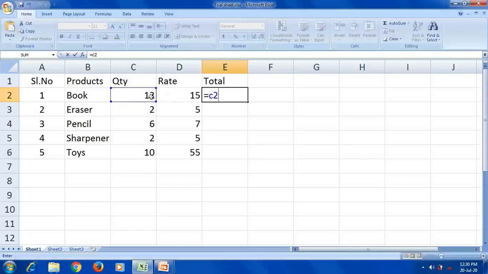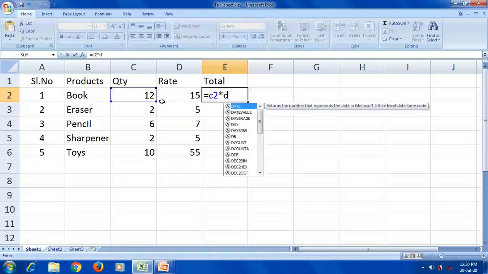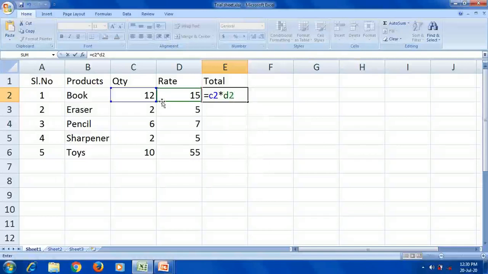So when we multiply both, then we will get the total amount. So for multiplying, you have to use this multiplication operator. So where will you find this operator? It is given on the numeric keypad, as well as on the second row of your keyboard, number 8. Okay, so when you hold the shift key and press number 8 on the second row, you will get this symbol. So this is the multiplication symbol. Next cell address, that is column name D, again row number is 2, C2 into D2.